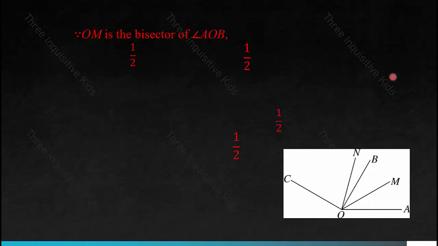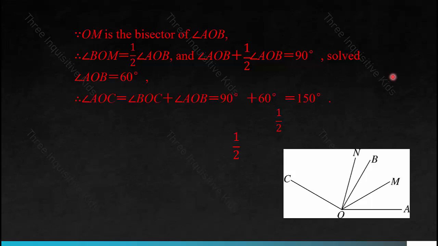And because OM is the bisector of angle AOB, we know that angle BOM is 1/2 of angle AOB and that angle AOB plus 1/2 of angle AOB, so of itself, is equal to 90 degrees. Therefore, angle AOB is equal to 60 degrees. And also, because of that, we know angle AOC is equal to angle BOC plus angle AOB, which is equal to 150 degrees. So that's one step. And then the next step,